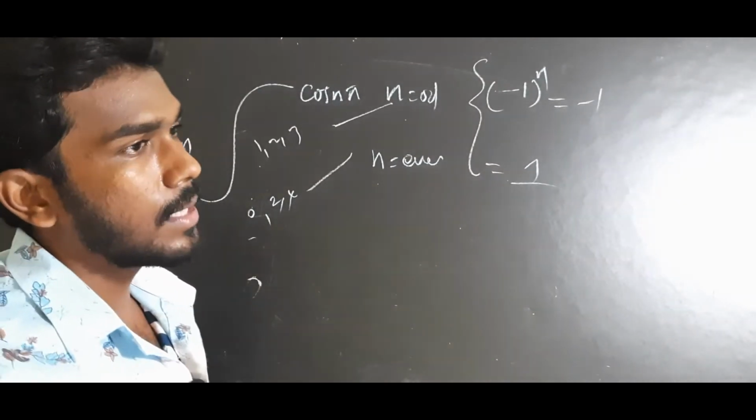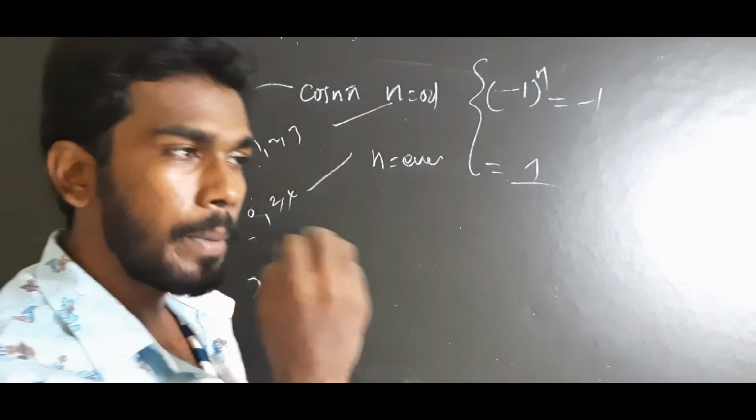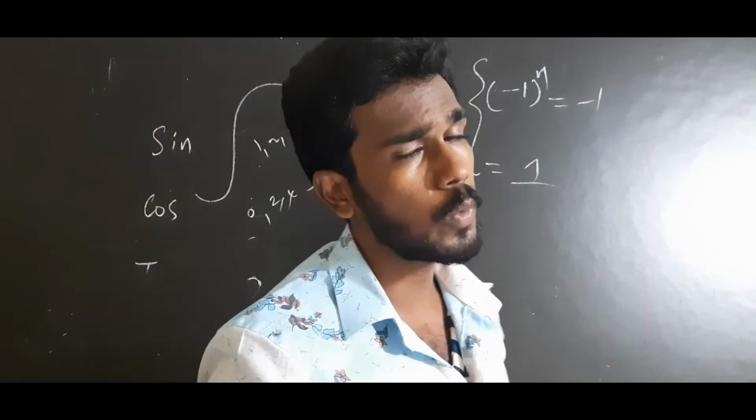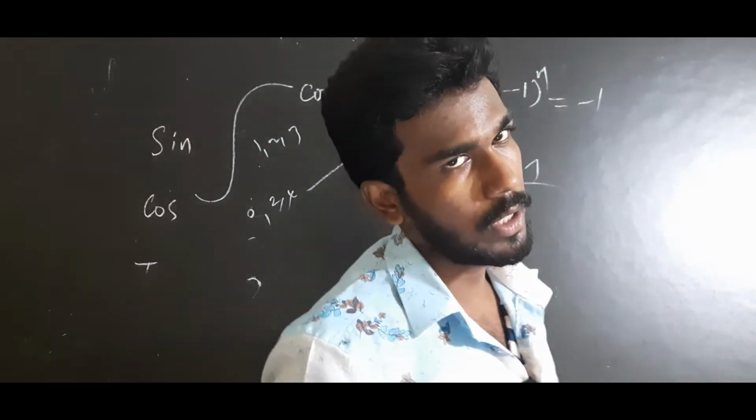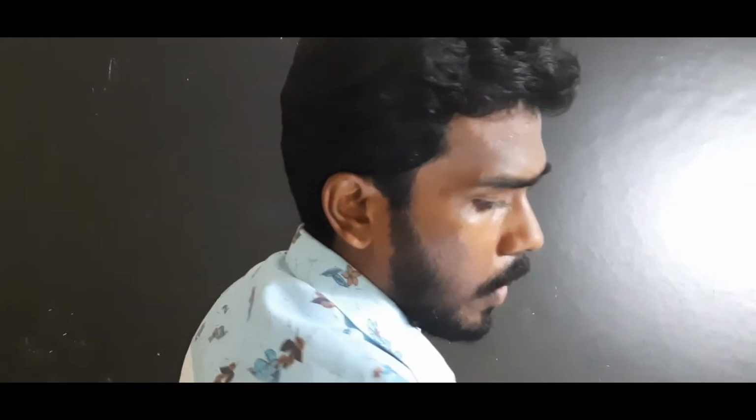So again, there is something called a quadrant. I will also give a brief intro about the quadrant. This will be useful for 10th or 12th students who are weak in trigonometry. Okay, let's see that. Now I'm going to show you a tabular form.